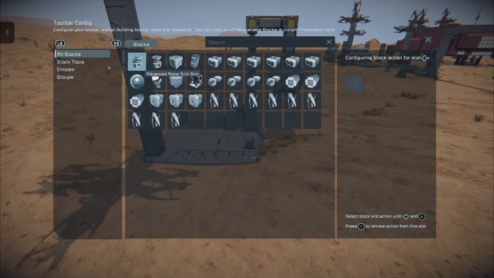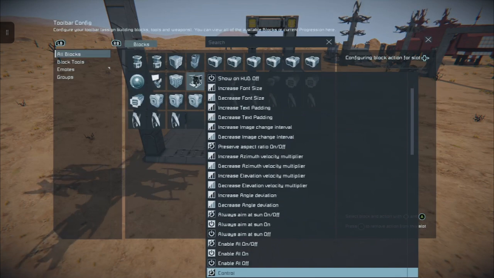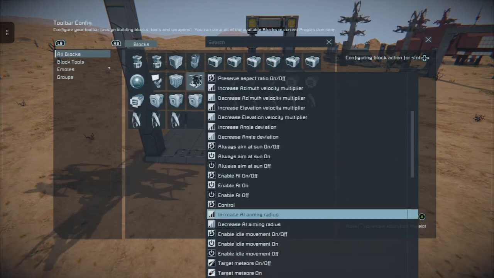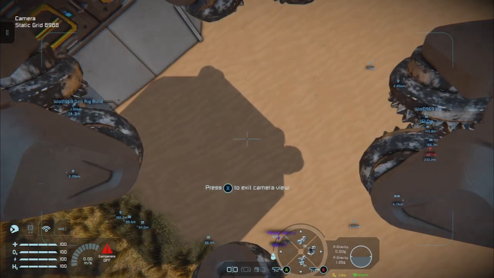And come along to our custom turret controller on here and come all the way down, gone too far, to control. And when we push right on the D-pad, we get a camera view.